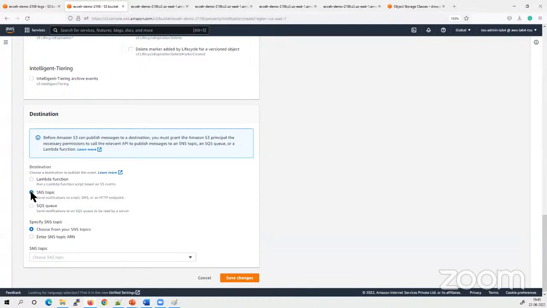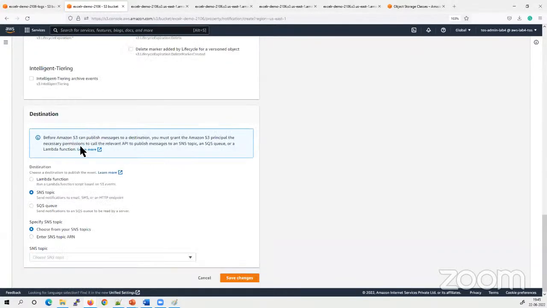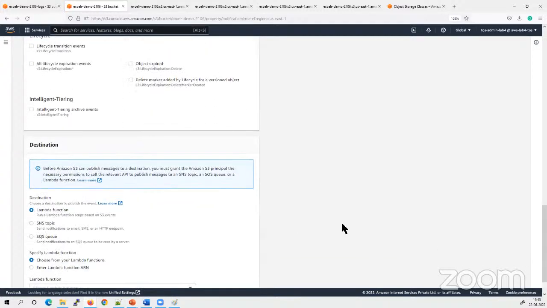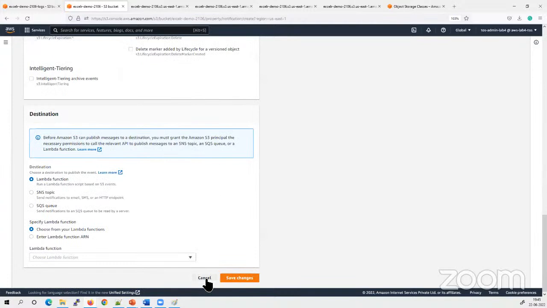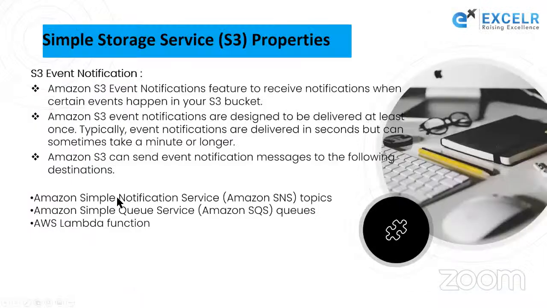For this to work, you need to have a role for that. If I want to use this event notification to work with Lambda, I need to have a role for that. Okay, that is how it is going to work. So we are not going to configure it, but this is how you can do it. Anything related to object creation, removal, restore, and all can be done by using the event notification. Let us move to another property,